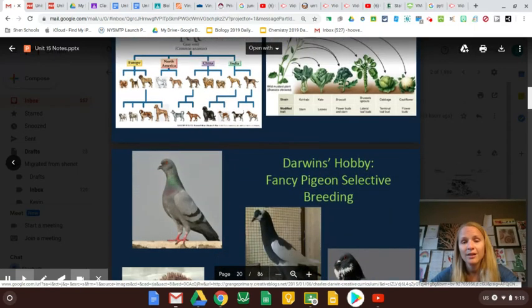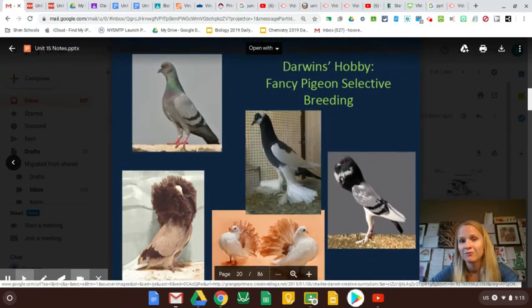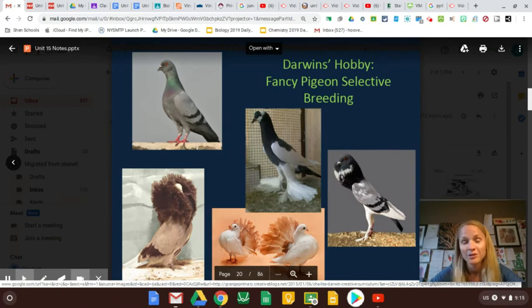And to study that kind of selective breeding, he had a hobby. I told you he was obsessed with evolution, of fancy pigeon selective breeding. So top left corner, this is a regular pigeon, as we know today. When you go to the city, you see them. So he made all these different weird pigeons, like this guy with this weird fuzzy neck, just by selecting,